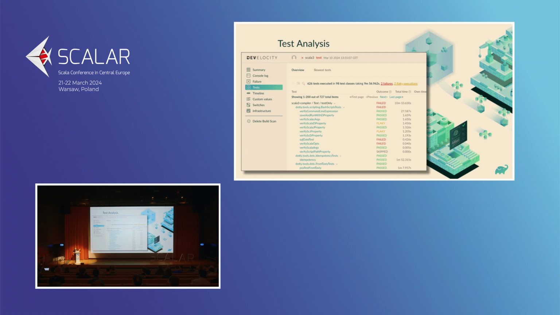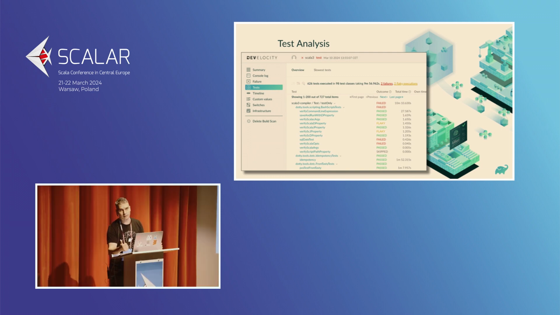So I have a screenshot, I have a demo, so we'll see how we're doing with time. Test analysis is, in my opinion, one very interesting and very useful part, because you can see all your tests. So here I see how much time I spent on the test, and I see 2 flaky tests. And no matter how careful we are, there will be some flakiness in our tests. You can see also the trends of these, and we detect flaky tests by automatically retrying. You can configure, of course, if you want this or not. And then if we see that the test passes on a second or third try, we'll mark it as flaky,